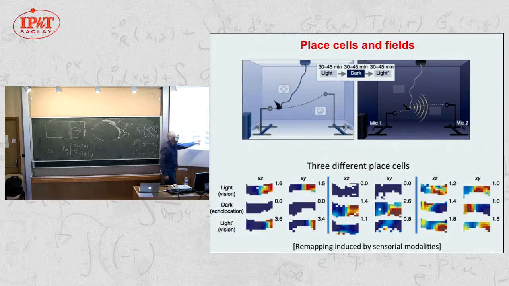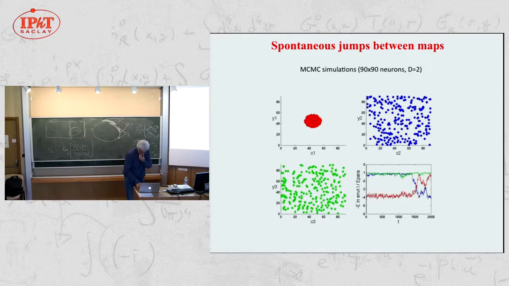Another one will be mostly active based on echolocation, but not on visual stimulus. So again, this idea that there are different place cells, and they use different streams of information to build their place fields and to be activated. Okay? So, yeah. Okay, so in the experiments I mentioned here,